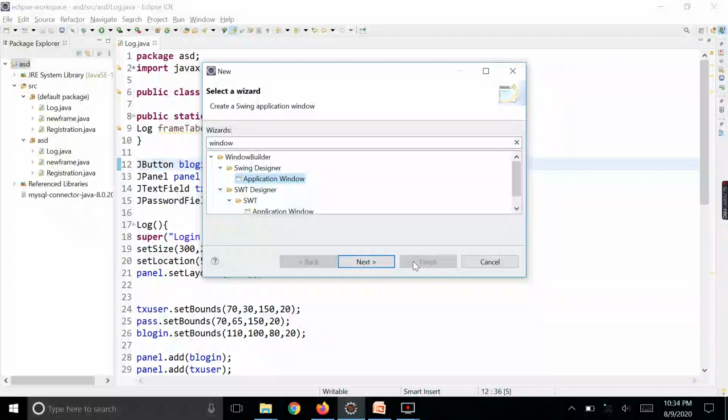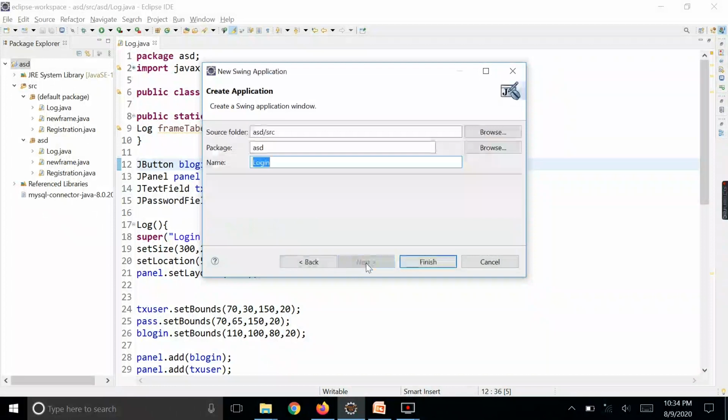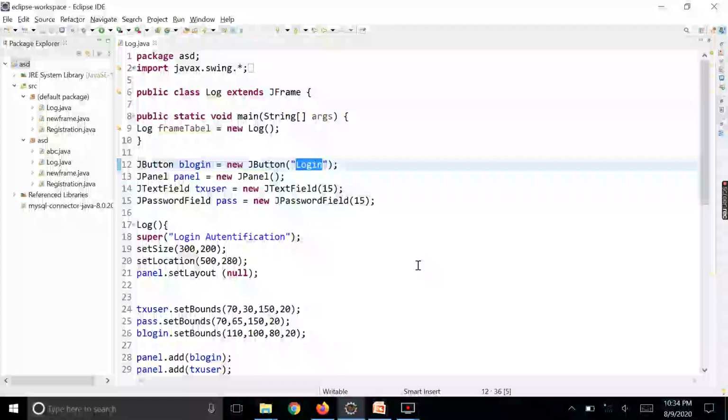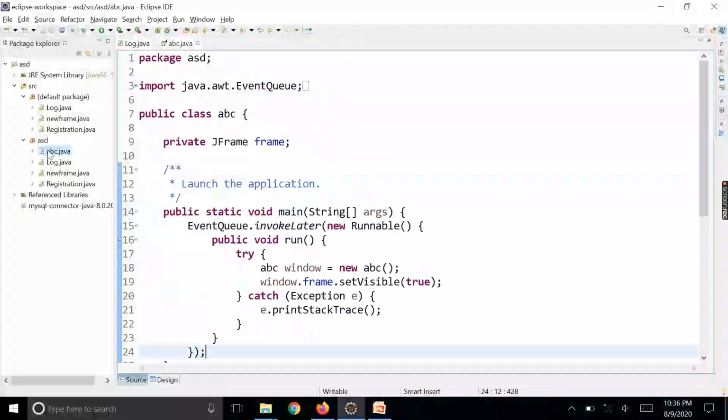Suppose the name of the package is ASD, and suppose the name of the application is ABC, then finish. It will create the file abc.java.